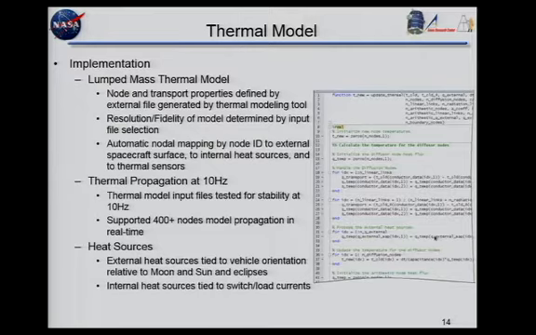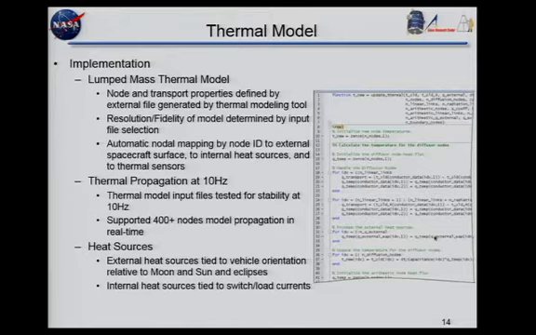So that could also be linked in through these mappings inside the model automatically. So as the table would be brought in, you didn't have to worry about it. You just selected what size table you wanted to run. We also capped the rate at which the thermal model would update, because as you start adding nodes, if you run it too fast, you're going to overwhelm any sort of machine you're trying to run on.